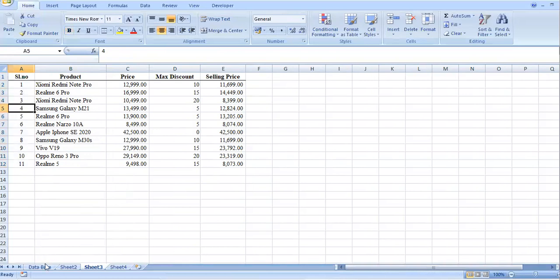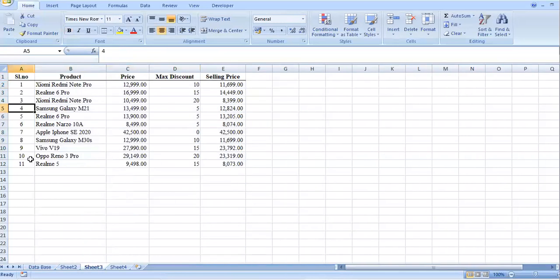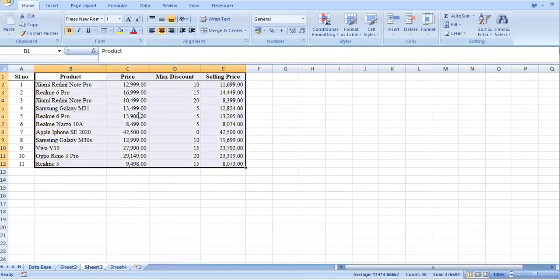Whether serial number is common in both? No. Instead, name of the product sold is common in both the data. So I'll have to start from product. I will rename this as product. I'll rename this table as product.